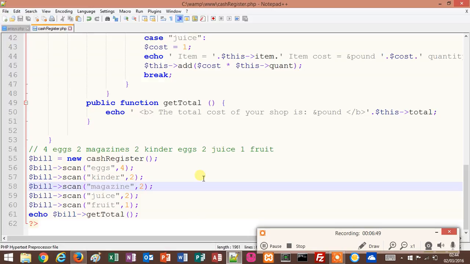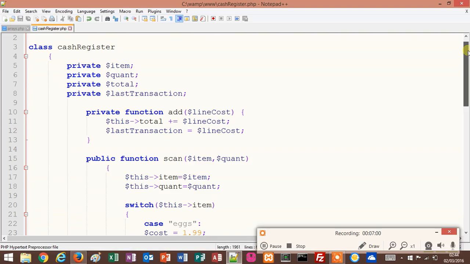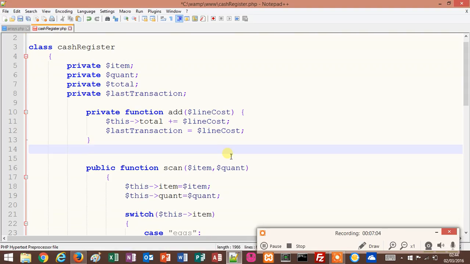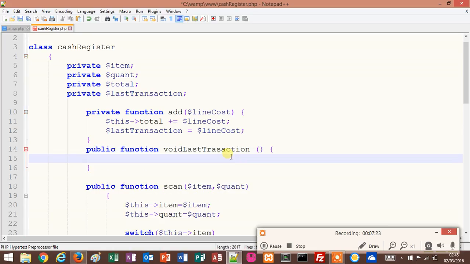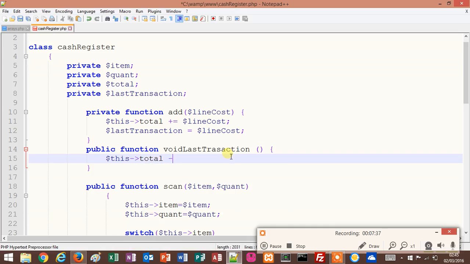But let's see if we can add a void last transaction, because a good cash register will have a thing where you can void transactions. So let's just try that. Let's say that we create a public function and we call it void last transaction, and all we're going to say here, really simple, dead simple, is that this total is equal to this total subtract the